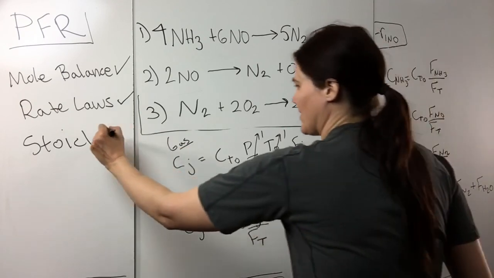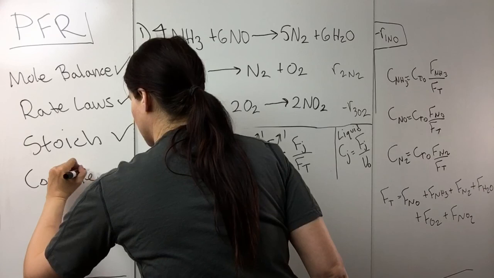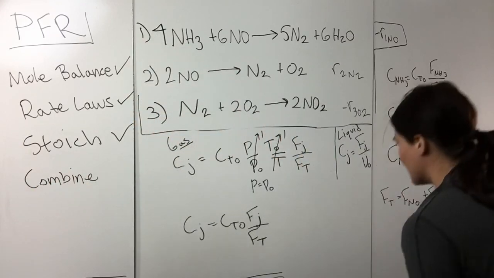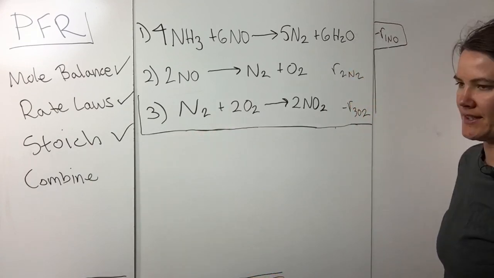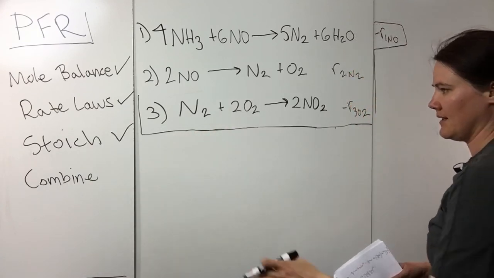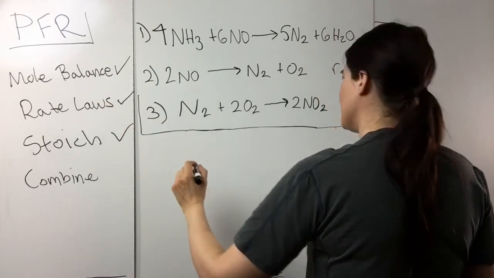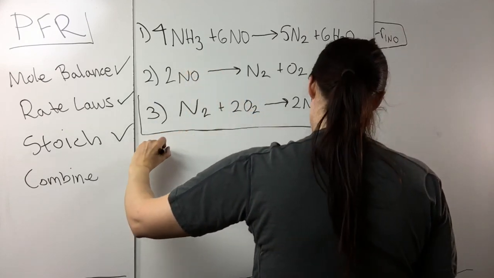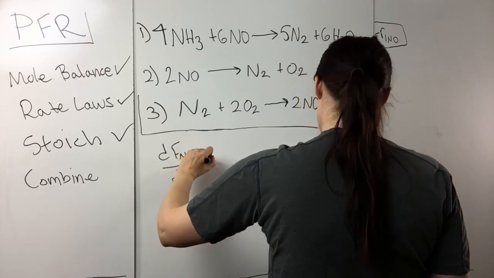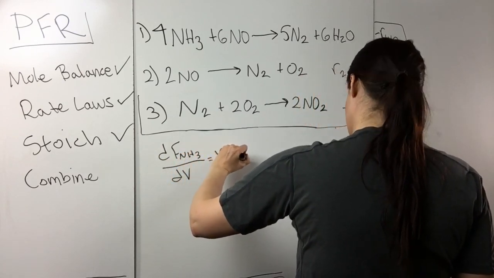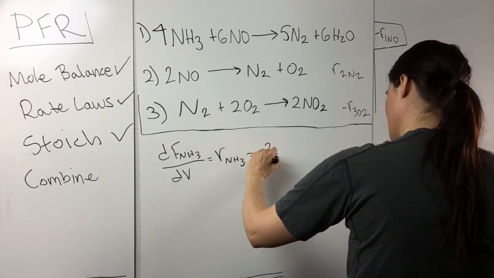So it's the stoichiometry, and the last step is combine. Somebody erase some stuff real quick. Going back to the mole balances, we could technically combine everything. We could combine the stoichiometry into the rate law, and then the rate law into the mole balance. So for instance, for NH3 you would have dFNH3 over dV is equal to R NH3,